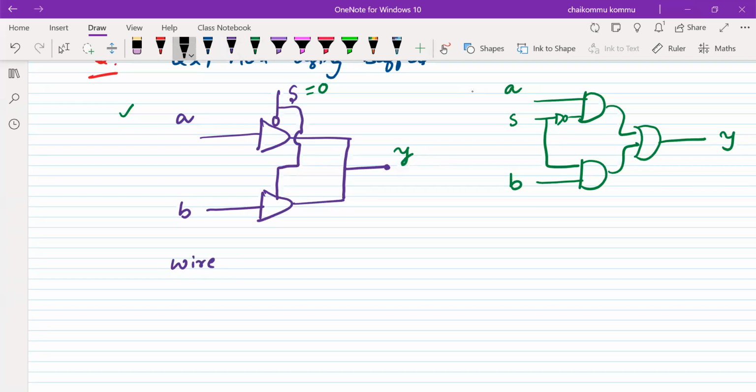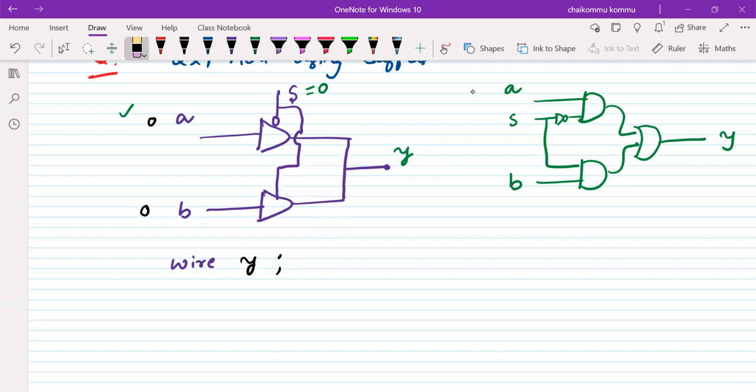If I'm writing like this, what is the output that I'll get? For example, A is equal to 0, B is 0. What is happening here? If S is equal to 0, it is also high impedance state. Sorry, if it is 0, I'm extremely sorry. So what is the value of this one?